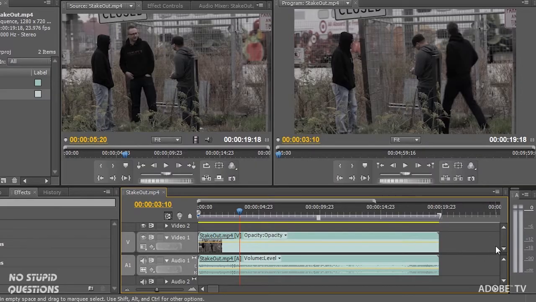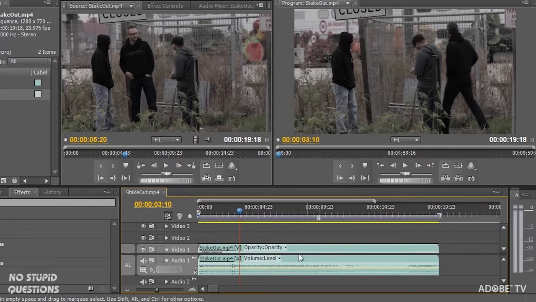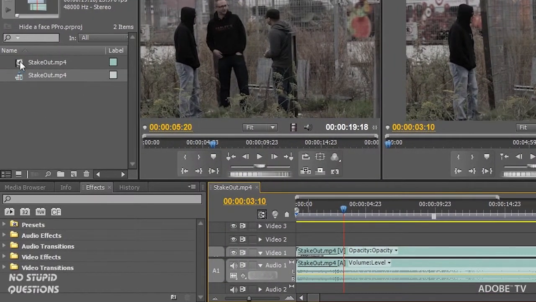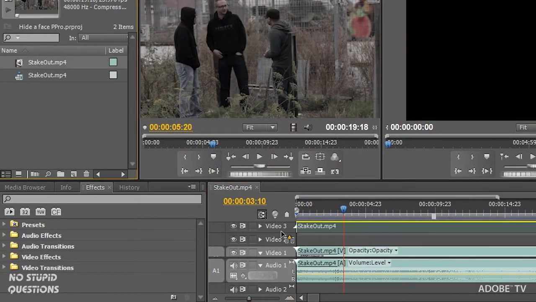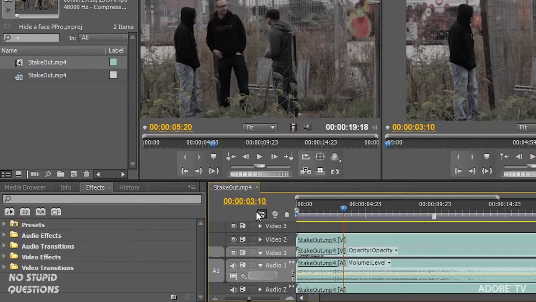So the only thing that you have to understand here is that we've got to have 3 layers. I'd love to be able to do this on the video, but you can't. If I add a mosaic to the video, it obscures everything. We have to stack this up, and trust me, it's not that difficult. So we have video 1, which is the original layer. I'm going to drag the same video down to video 2, go over to my effects, and I'm going to